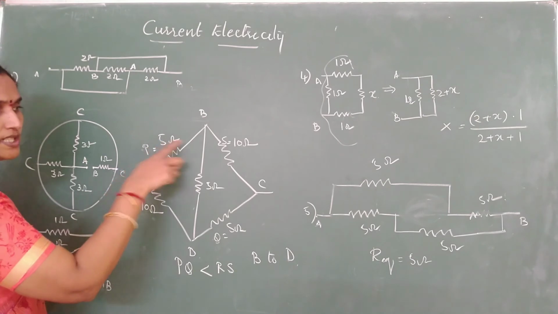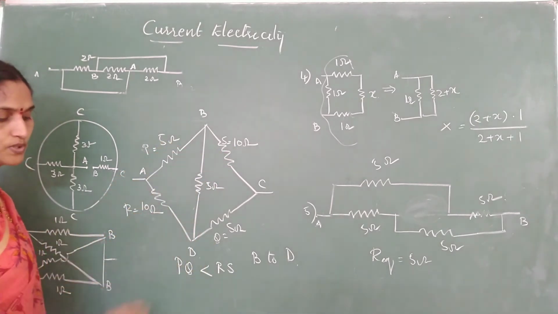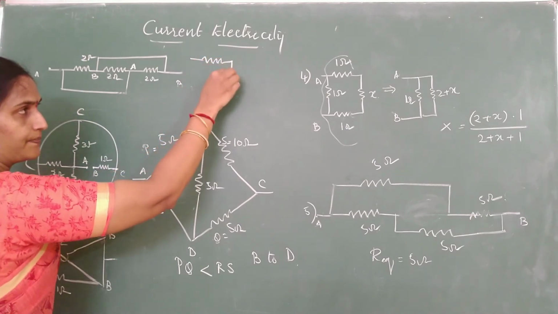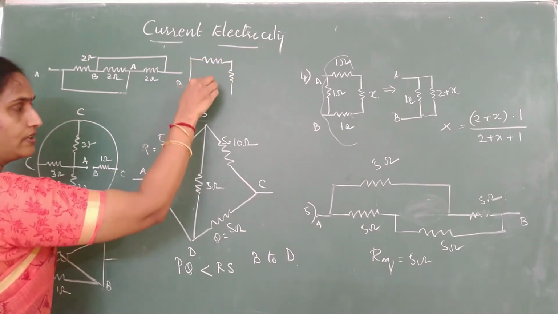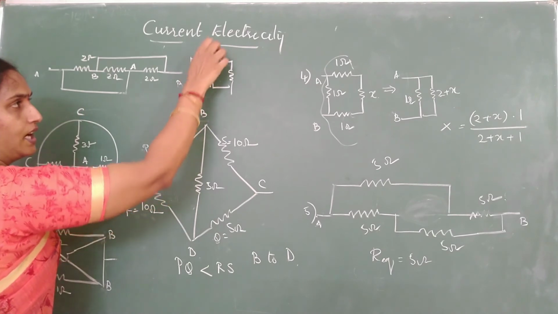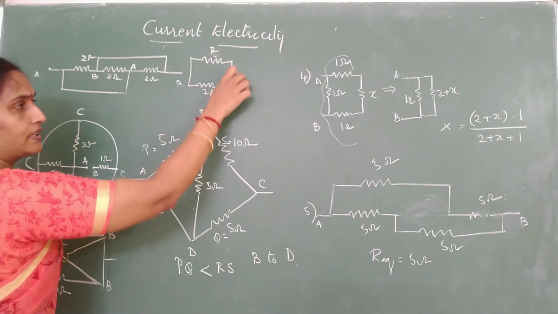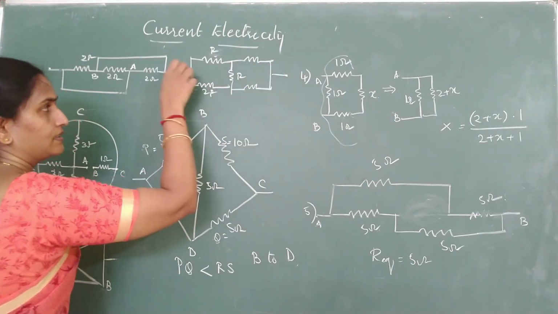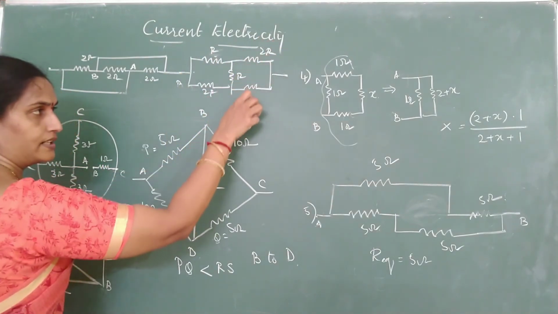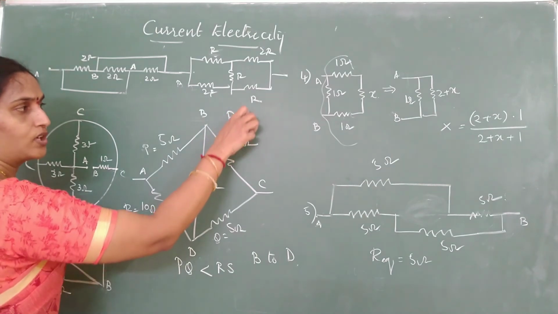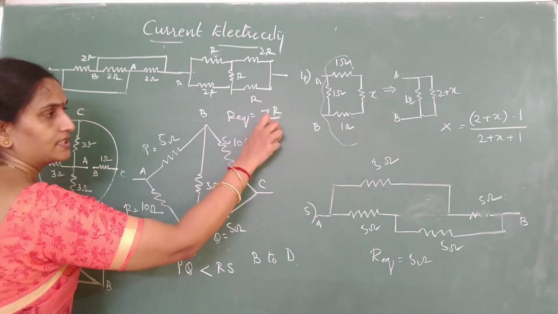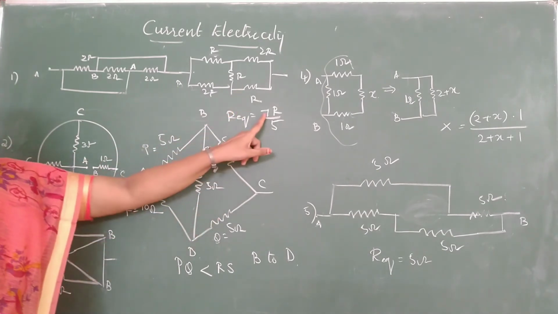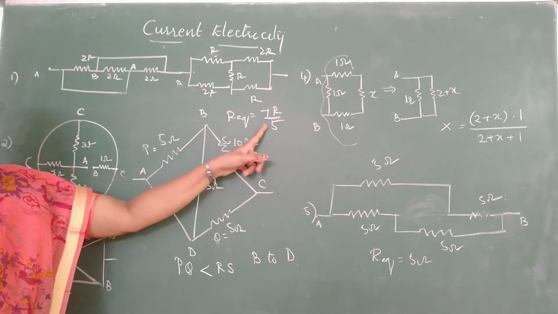Hope you remember this is an R, 2R network. We have used the star-delta conversions and I have proved that. You can refer to it once. R, 2R, R, 2R and R. What is the formula we have got for equivalent resistance? 7R by 5, where R is 5 ohms. So 5 into 7 by 5, the answer comes out to be 7.